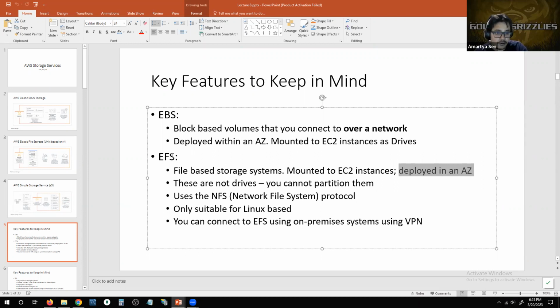One of the important things for your file storage is they are not drives. You cannot partition them. So please keep that in mind. And then the way you connect to your EFS service is through the network file system protocol. So essentially what this means is that the security group